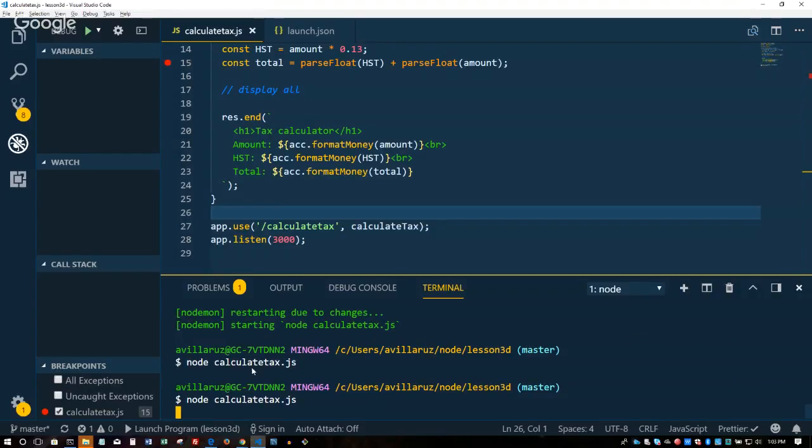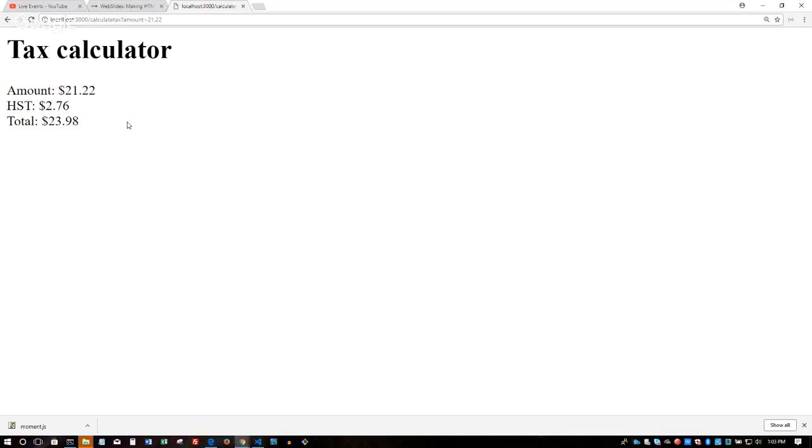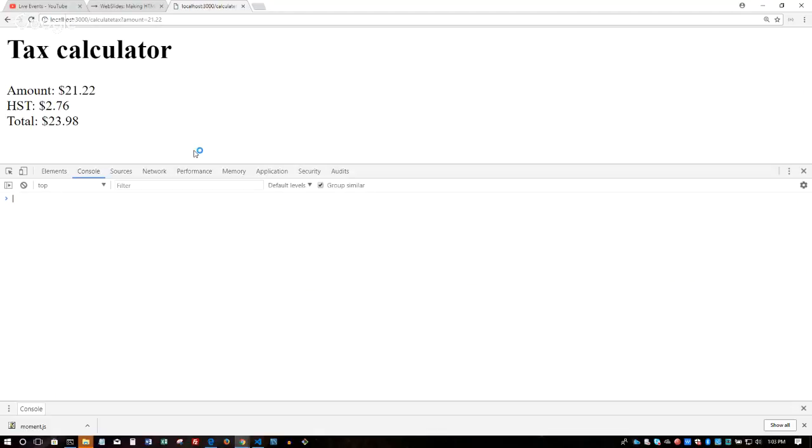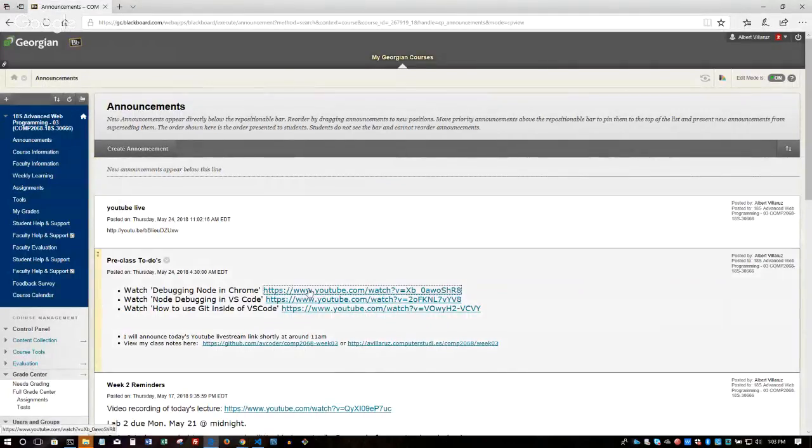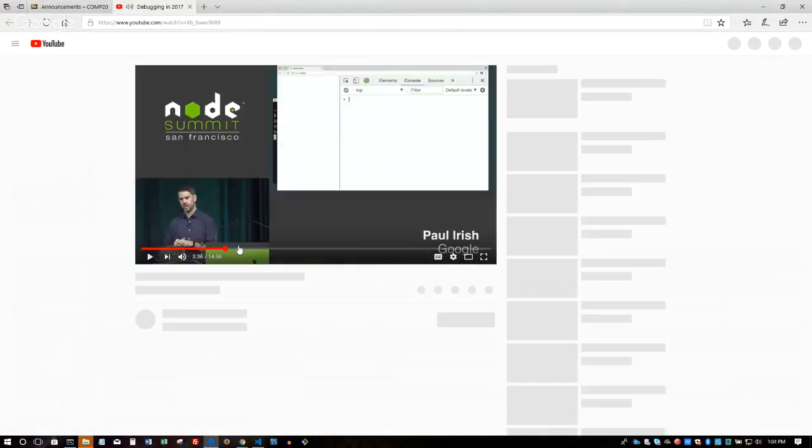There's two ways to debug your node. You could do it within VS Code, or you could do it within Chrome. So let me see if I can do it within Chrome. If I do a Control-Shift-J to get in my console, do I have... I should have seen the node icon right there. Let me see if I could pull that out.